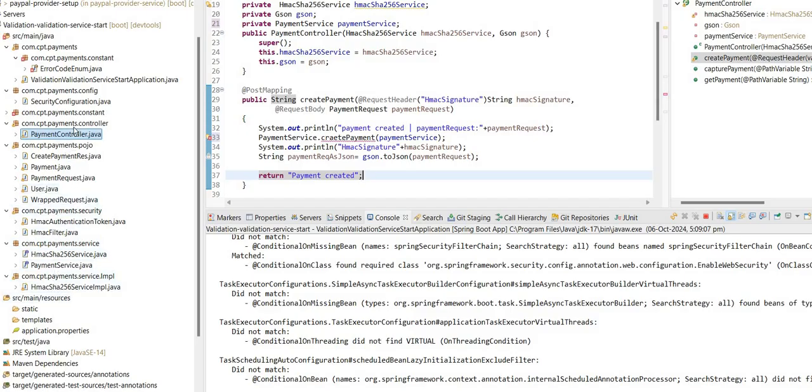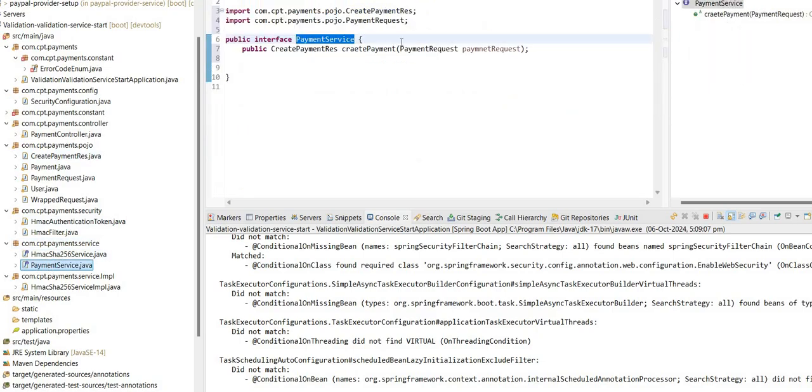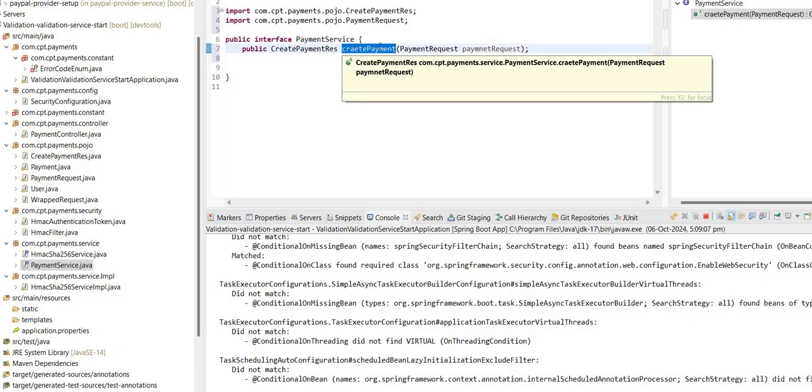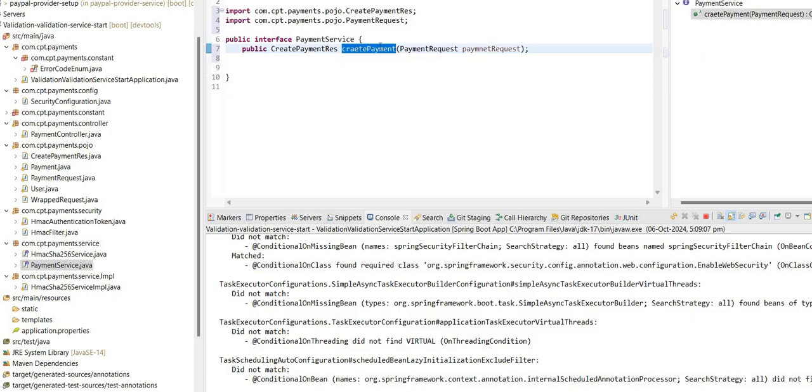Interface, which method we have defined. The service here we have defined service create payment. Okay, the spelling is